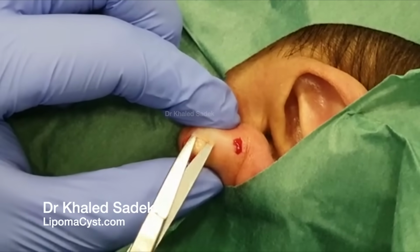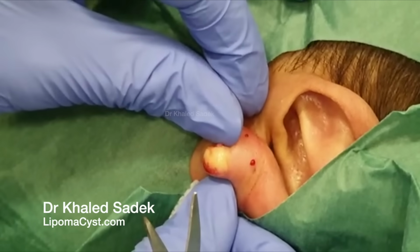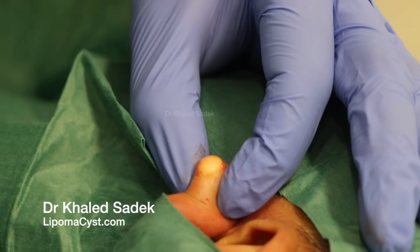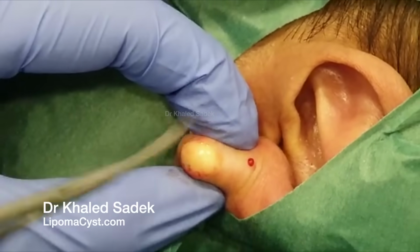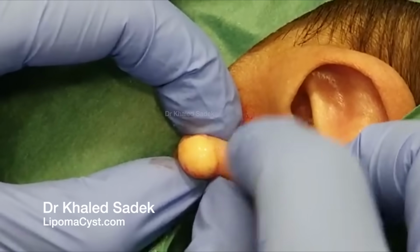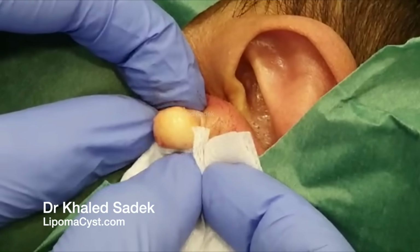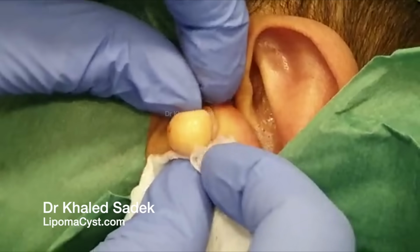All right, so what I want to do before we take it out in its entirety is just really get that sac out. You see it's almost looking like an eyeball. Just right on the edge. Look at that. Almost about to pop. So obviously the trick with all cysts is you've got to get the sac out. If you don't get the sac out, then there's a chance that it will just regrow. There's a bit of tension here because I think we can get a lot more of the sac out before we rupture it. And by doing that, we won't lose the very thin membrane that surrounds the cyst, yeah? So if you're watching,